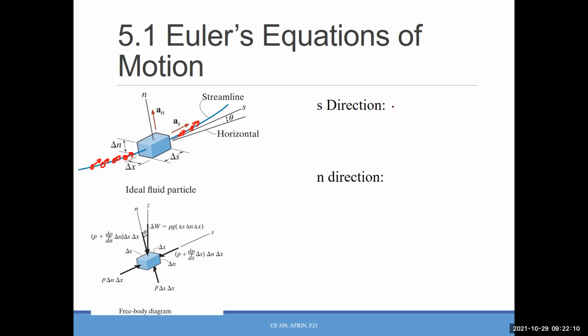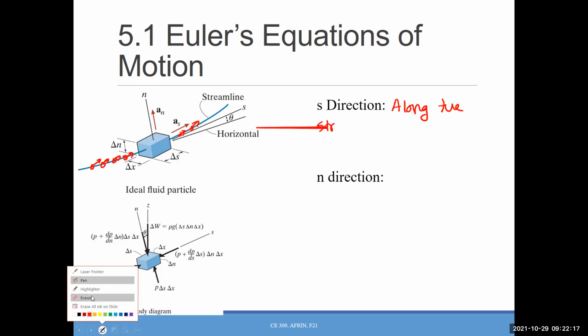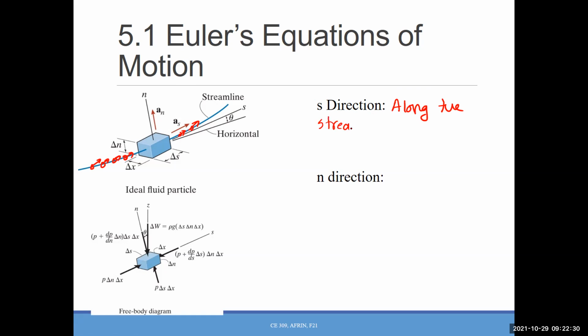One is the s direction, which is along the streamline or parallel to the streamline. Okay. And the n direction here, which is perpendicular to the streamline. Okay,